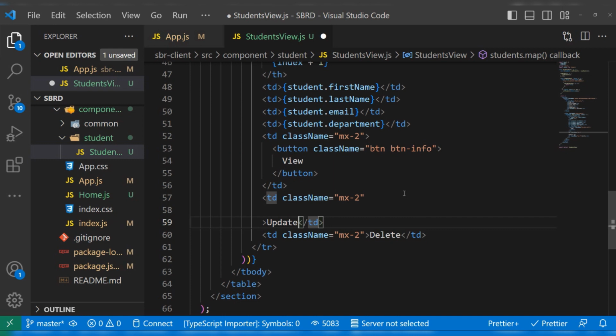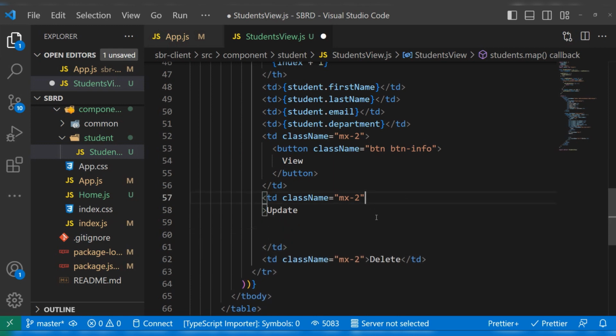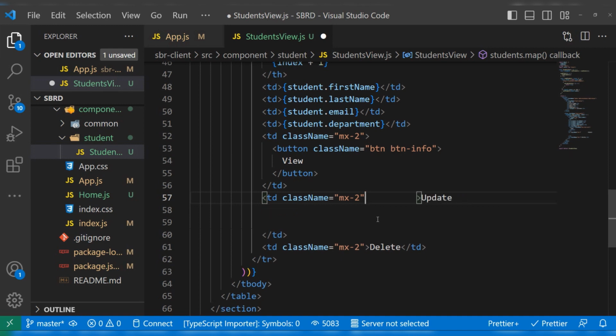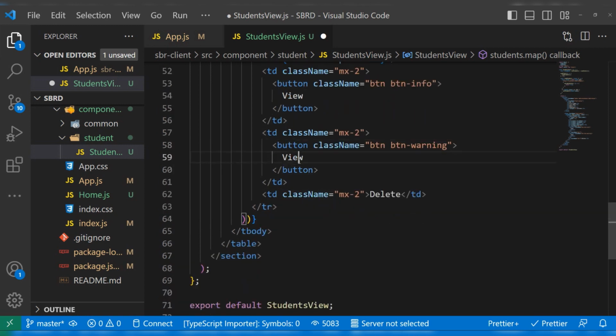In here like so. I'm going to let this one be like so. So I'm going to remove this for now, and now I'm going to put button within here, and this one we're going to change. This is view, right? So we're going to change this one to warning like so, and this one we're going to change to update. This one is update,